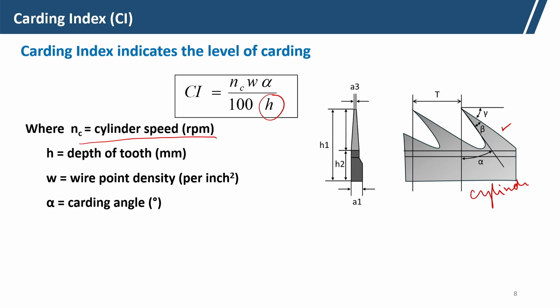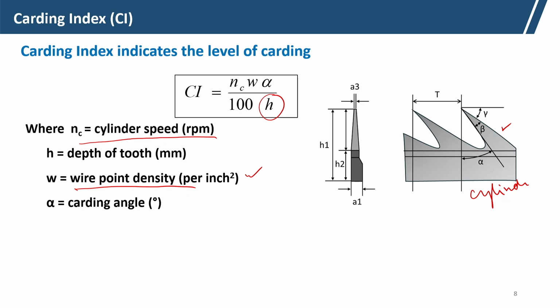And H is the depth of the tooth. So, if tooth depth is more, that means carding index will be low, and W is the wear point density. Higher wear point density means the carding index will be more, and alpha is the angle,